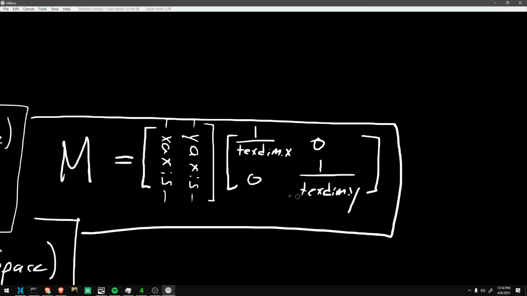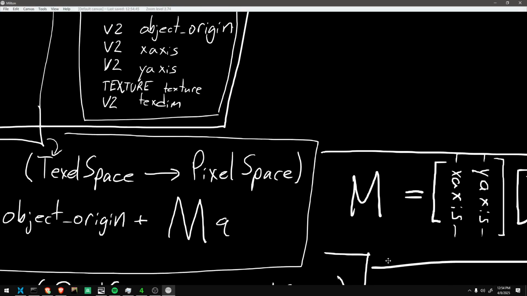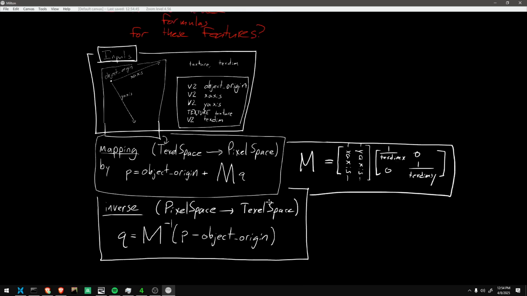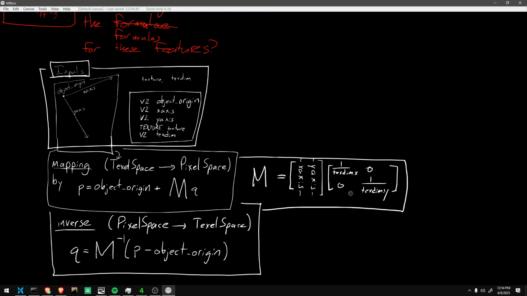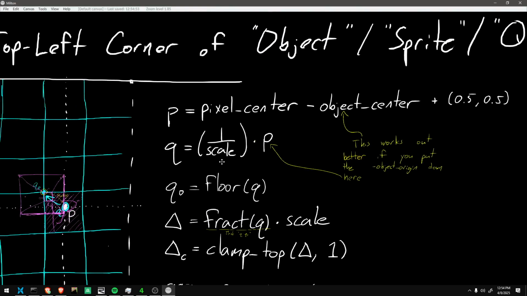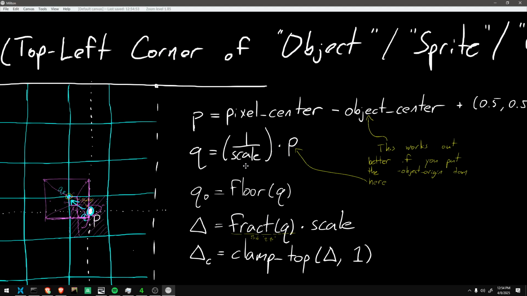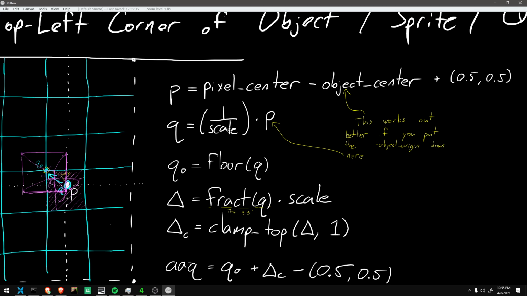So this is the part that looks like 1 divided by scale. This part then moves us into pixel space, and then, oh wait, no, this is supposed to be, right. Scale is funny. Scale is not just the width and height of the output rectangle, but it's also divided by. So 1 over scale is sort of like having